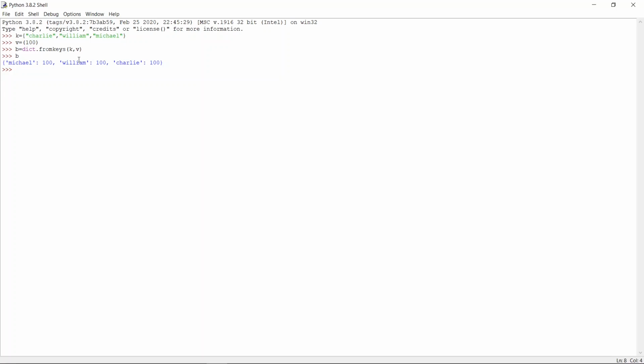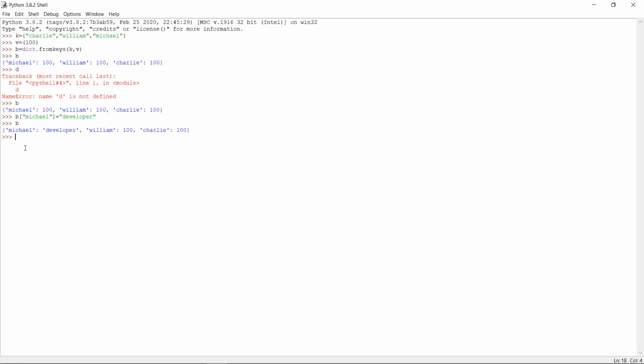But here you have to remember that the dictionary is not ordered, so it will not print in order. And the next point is that the dictionary has no index. Let's see what's next. If you want to change any key's value, you can use it. I'm changing it here, so let's print b now. Here you can see that it changed. If you want to change it, it will change.